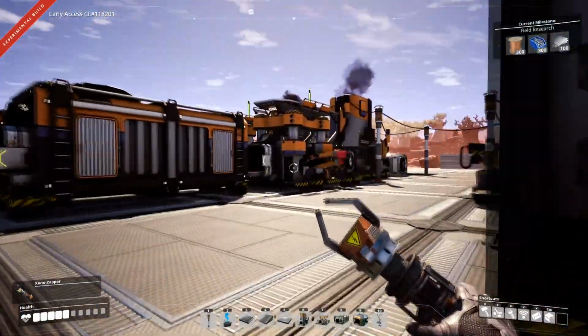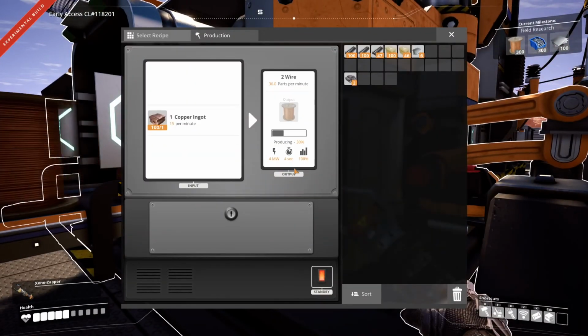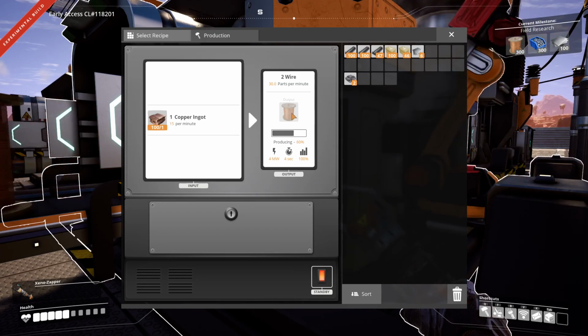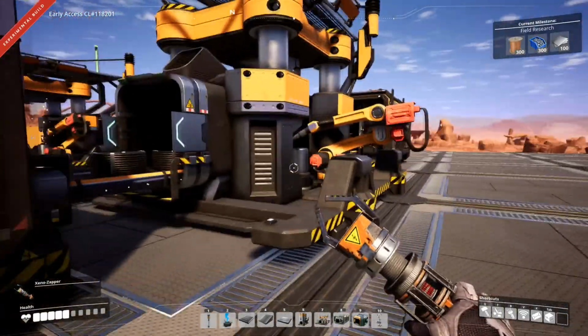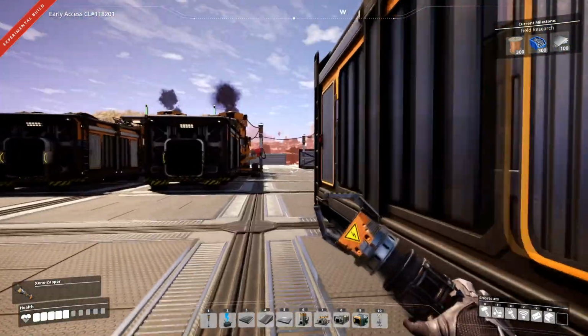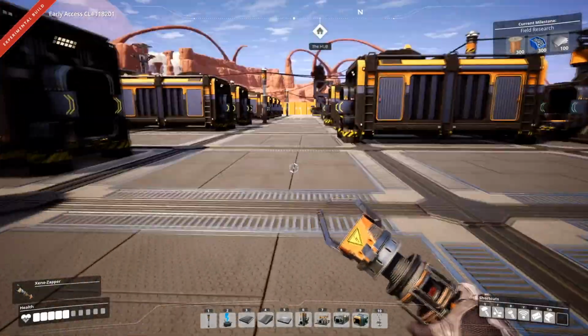And if we go over here, where we're processing our wire, you can see here this does 15, so we really should have 2 of these per smelter. And as we go over here and look at this one, this is our wire producer that I set up. It needs 60 per minute, so basically it would take 4 wire things to keep this one working at full capacity. But I didn't do that in the initial build because we don't need these at full capacity,